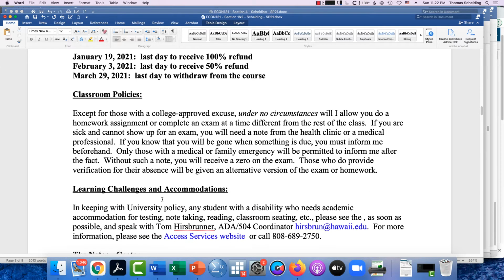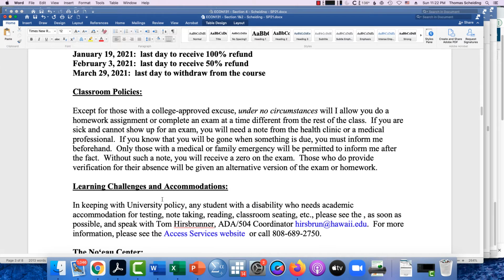Then we have the kind of official policies listed here. And in the official policies, basically, I don't like to give extensions. Not because I'm a mean person, but really because, as you'll see, there's not many deadlines, and it's not really fair to everyone if one person keeps missing their deadline. So I might sound a little harsh here, but don't think I'm like the villain in a Dickens tale here. If something bad happens, I will totally work with you because that's what I would hope that anyone in this class would want. But on the other hand,